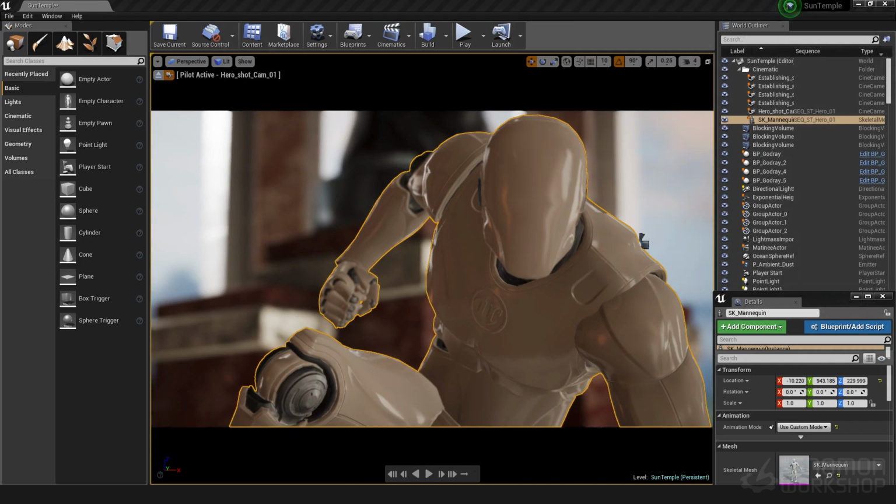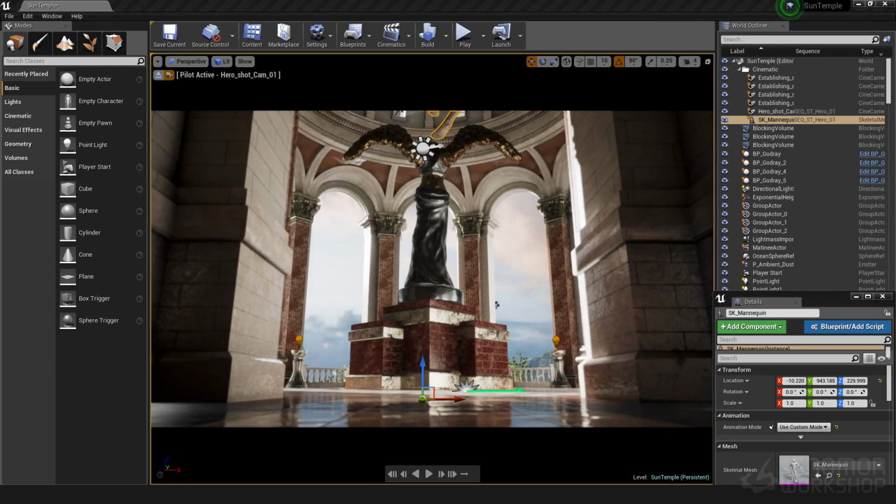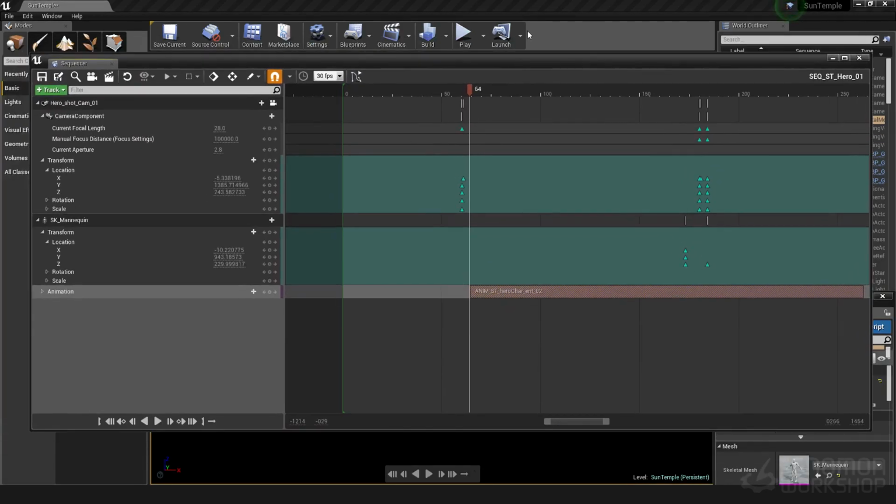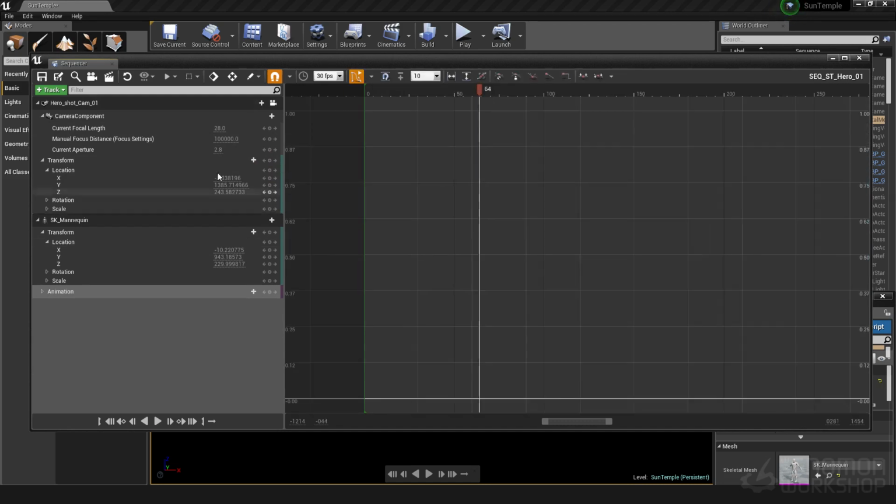Now here is something that's pretty interesting. Just to help myself out later, this is something I'm going to do right here. I'm actually going to add a key to our animations to keep everything uniform in case I have to move things around. So focal length, aperture, distance, and all translate. I just like to have a key right here. Make sure that we are all on